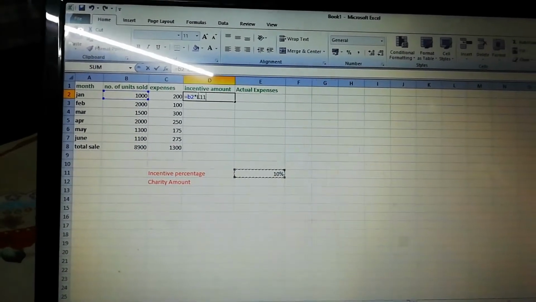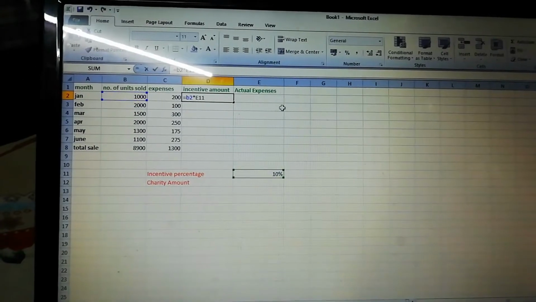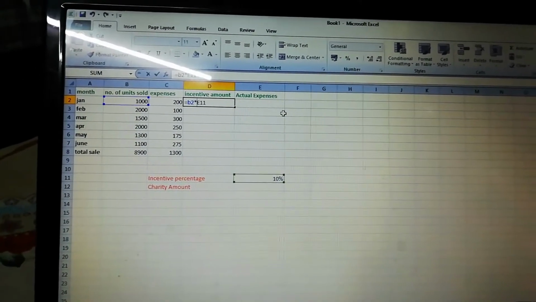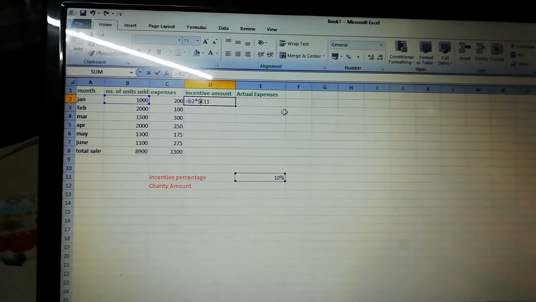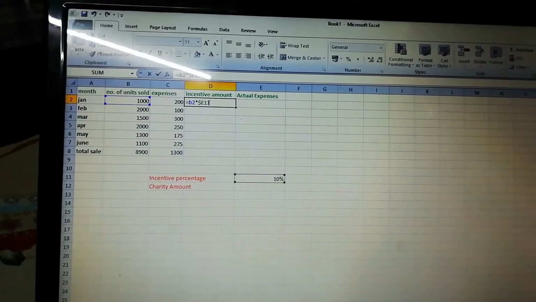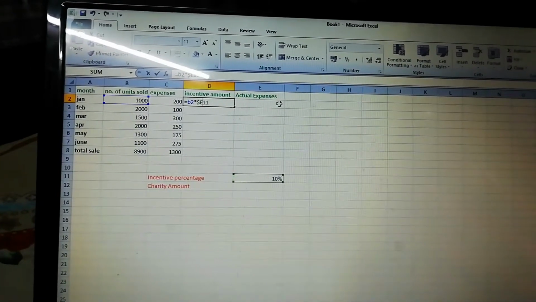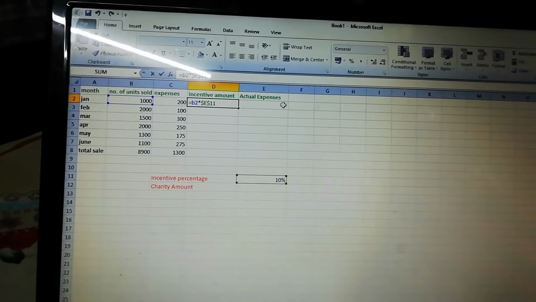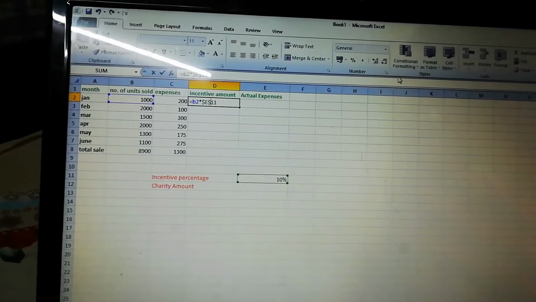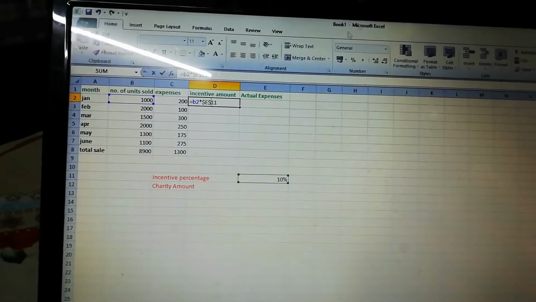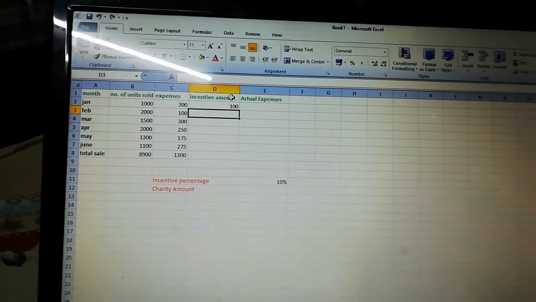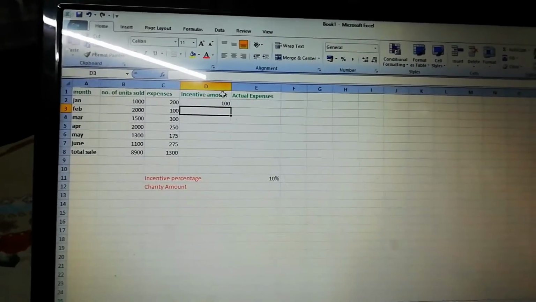But for absolute reference we have to put a dollar sign in front of them. So using shift, you will put the dollar sign. Okay, put a dollar sign in front of 11 also. It's dollar. Clear? Now after this, the cell D2 displays. Okay, press the enter key first. Okay, 100.